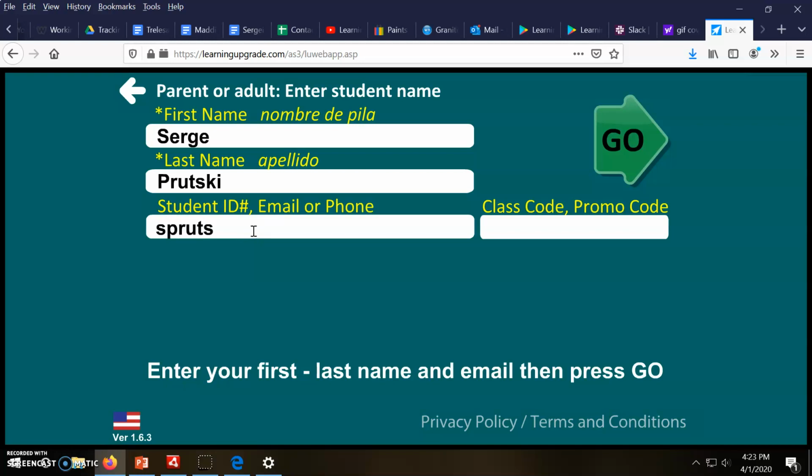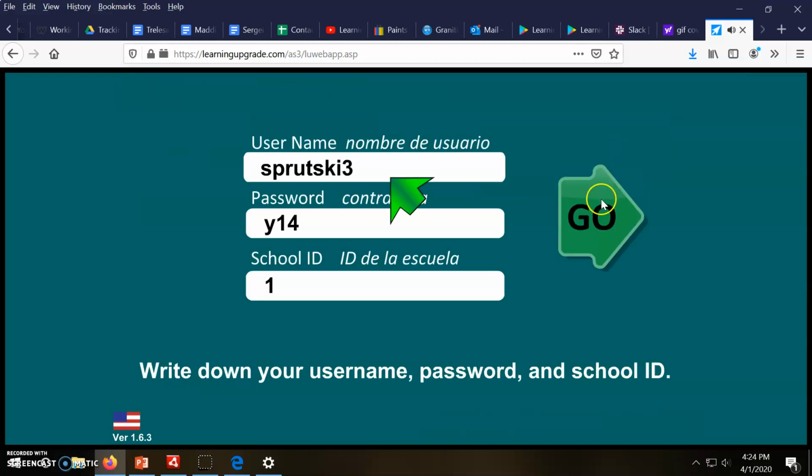So this will .org. Okay. So once I type my first, last name, and my email address and my phone number, I can click go, okay, and the app will provide my username,